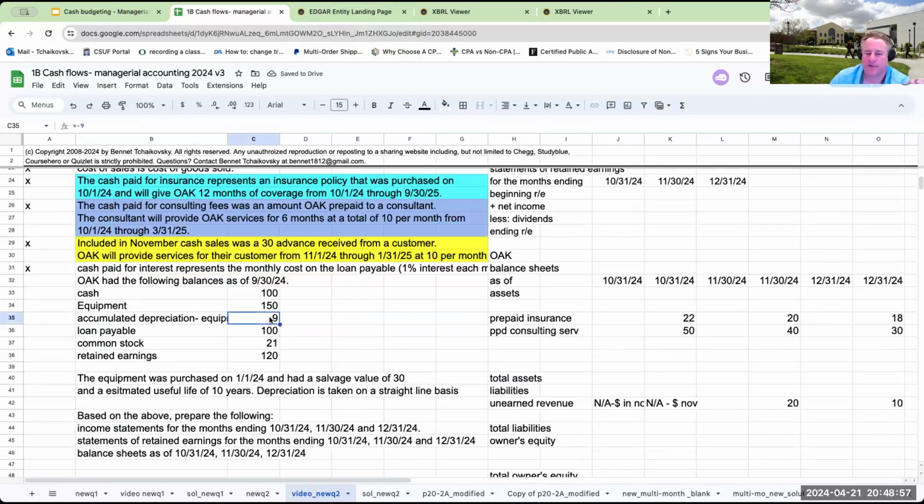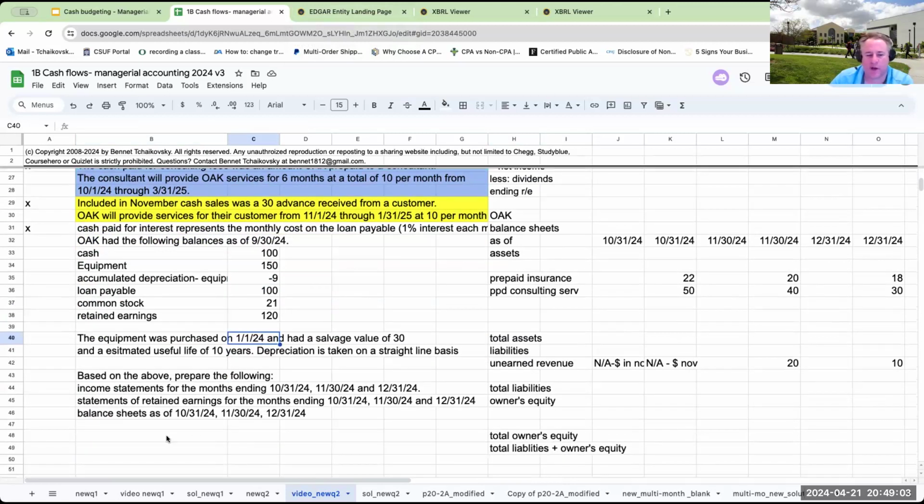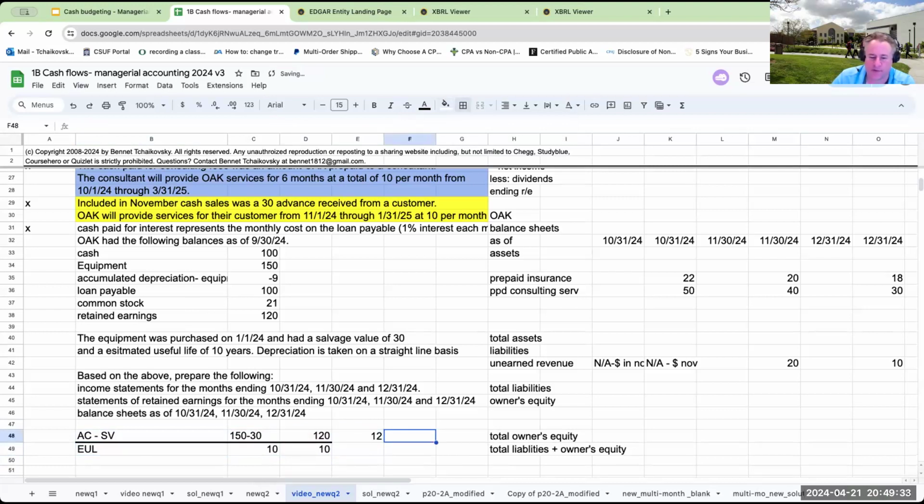If I look at this number here and I eyeball it, well, let's just go through and do the computation. The way we compute depreciation expense is our acquisition cost minus the salvage value. We divide this by the estimated useful life. My cost was 150, got that from right up here, minus 30, which is the salvage value, divided by 10. This is going to be 120 divided by 10, or annual, right? Very important. This is annual depreciation expense, right?